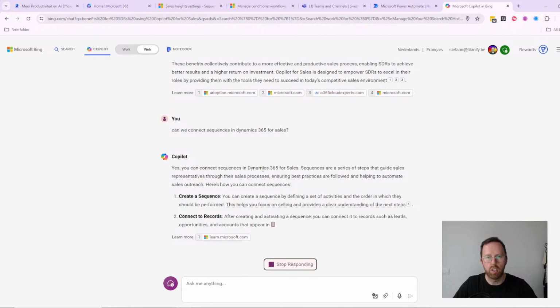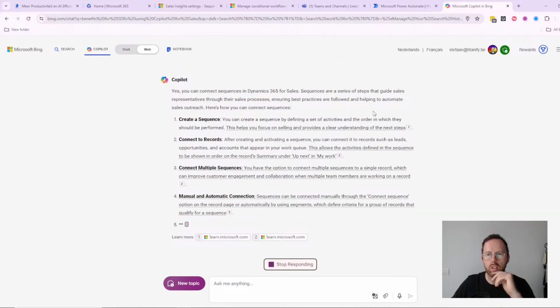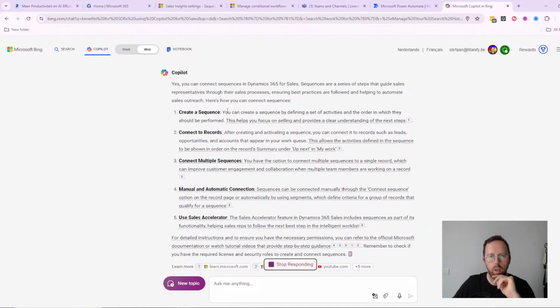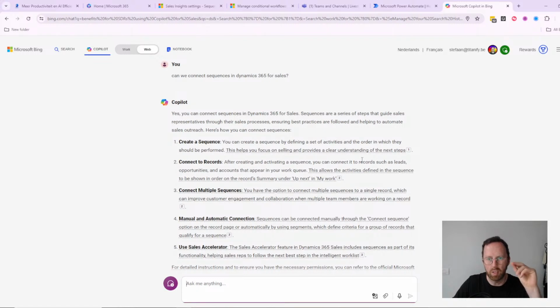Yes, you can connect sequences in Dynamics 365 for sales. Sequences are a series of steps. So, okay, what should we do? Create a sequence. You can create a sequence by defining a set of activities and the order in which they